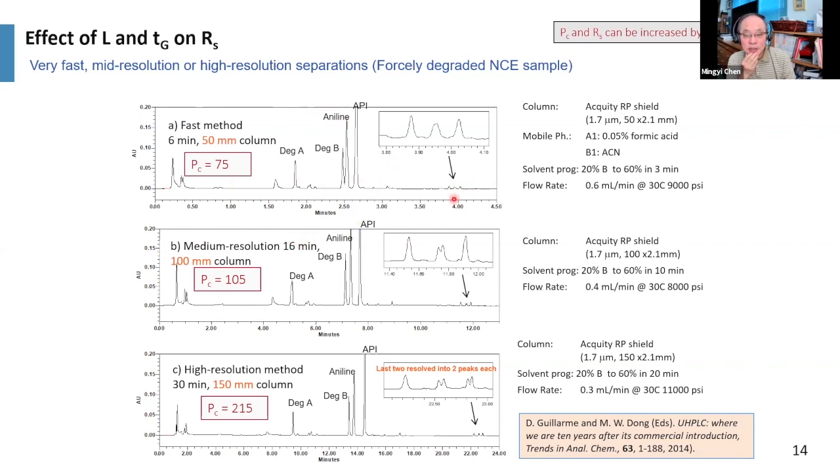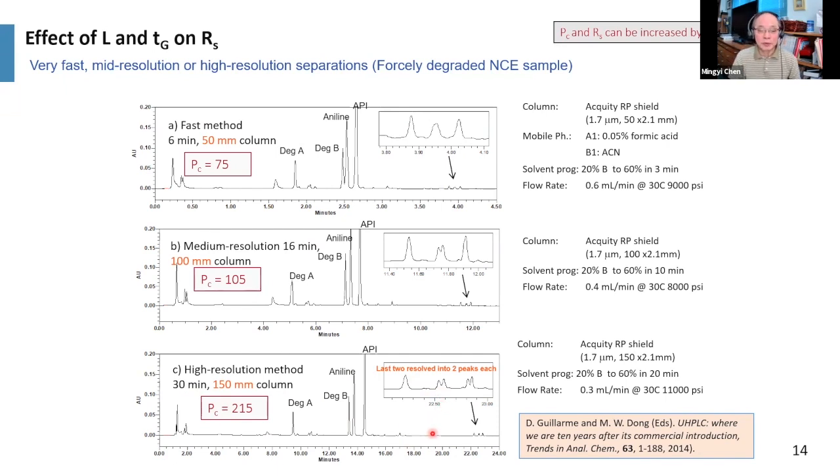And I have a bunch of peaks towards the end, which seem to be 3 peaks over here, right? Now, in contrast, I can also use a much longer column and then much longer gradient time, right? If I do that, you can see that I get much better resolution for this very complex sample. Even though it does not look too complex, it is very complex. If you look at the end of the 3 peaks, the last 2 peaks actually are a set of stereoisomers, which are separated by the longer column with longer gradient